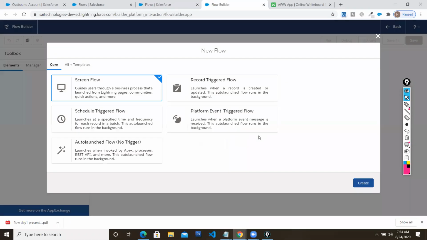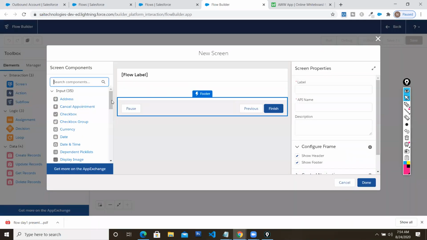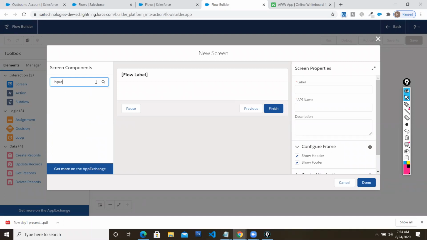So the requirement says that you need to create a record. If you are going to create a record, in the sense the user will be inputting your contact first name and last name. If that is the case, in the sense the user should interact. So you can go for the screen flow. So this is how you are able to decide which kind of flow to pick. So I'm going for a screen. Initially the user has to input the first name and last name. So the user will be inputting text, in the sense automatically you should go for the text property. There is a text element. Under input you have to choose this.